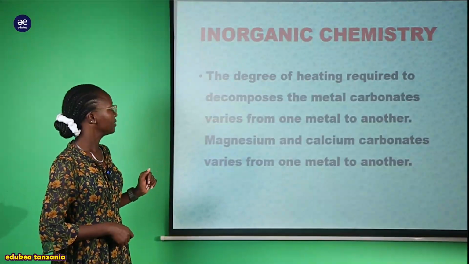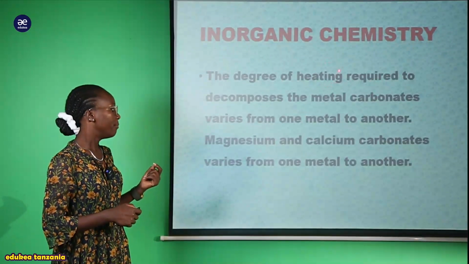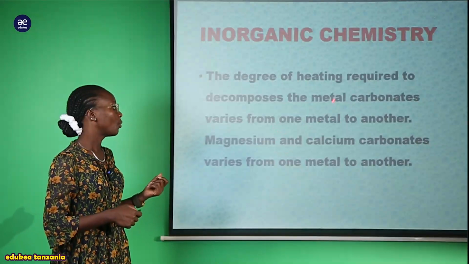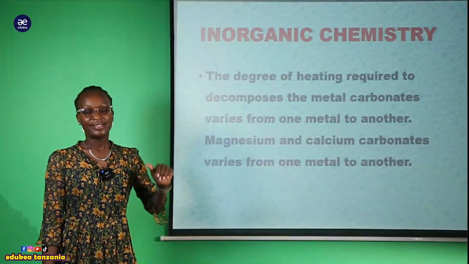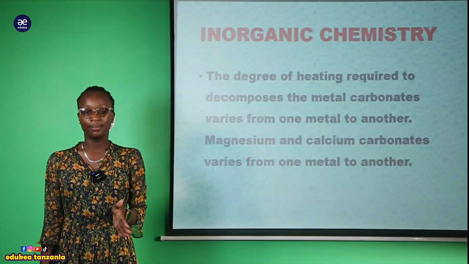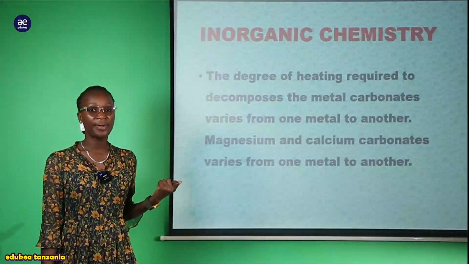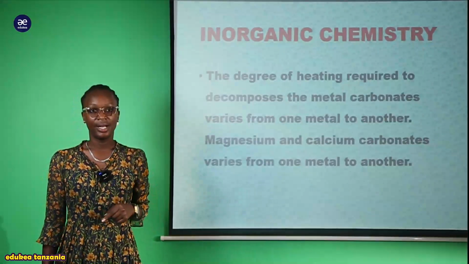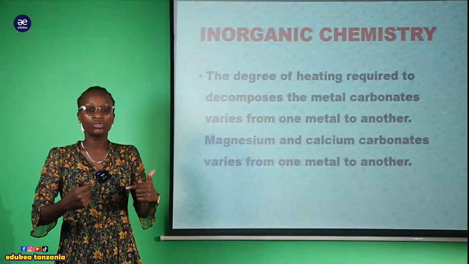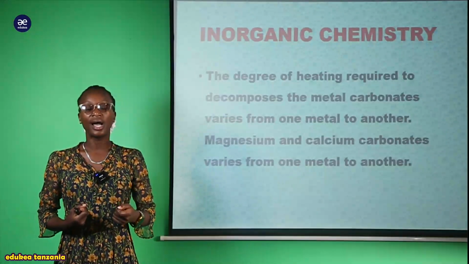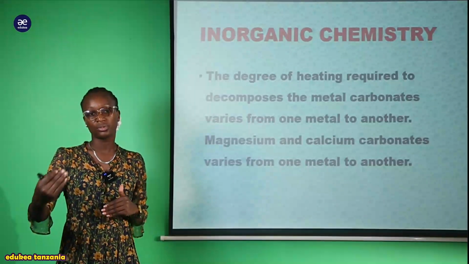Okay, so now you can see that the degree of the heating required to decompose the metal carbonate varies from one metal to another. Sasa of course tumeona kwamba zile metal ambazo zina decompose on heating, moja kwa moja tunaenda kupata carbon dioxide and metal oxide. Lakini anakuja kutuambia kwamba degree of heating ilikuwa, maana kwamba tunaangalia ile nyuzi joto ambayo itahitajika, ile amount of heat au ile energy ambayo itahitajika kuensure kwamba ile compound inakuwa break up, inavunjika ili kwenda kutengeneza ile product.